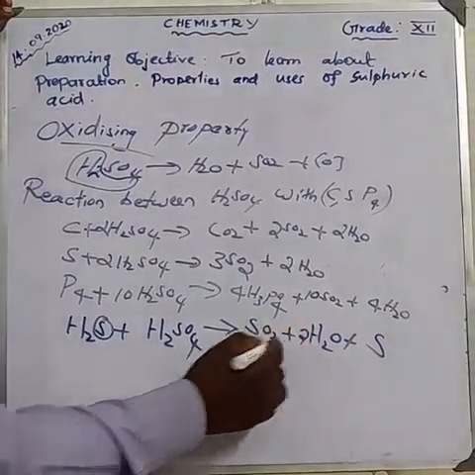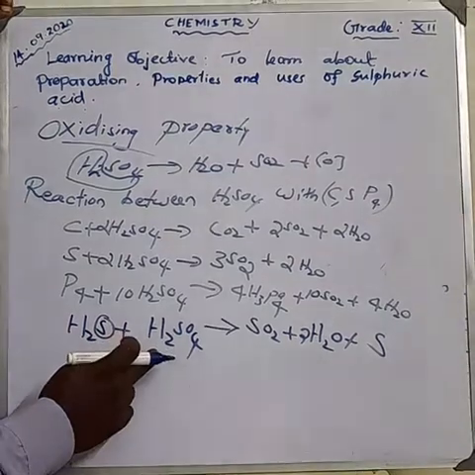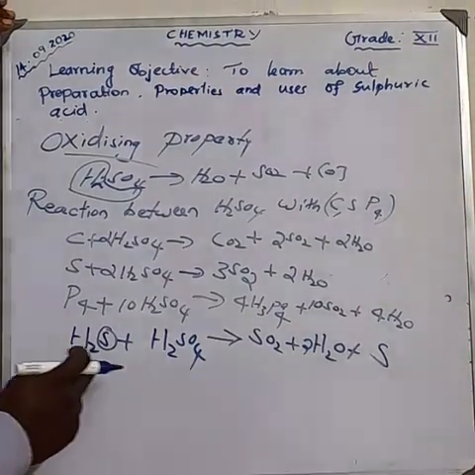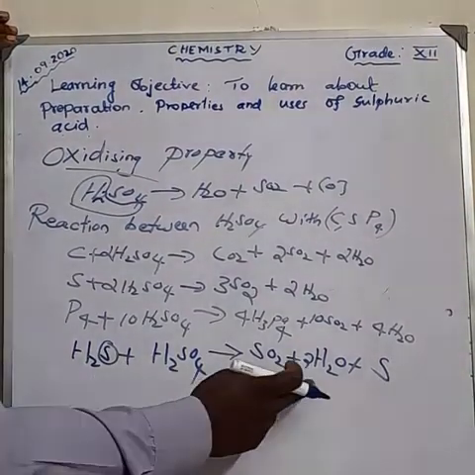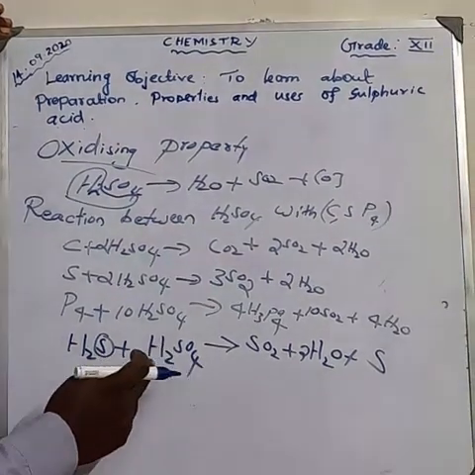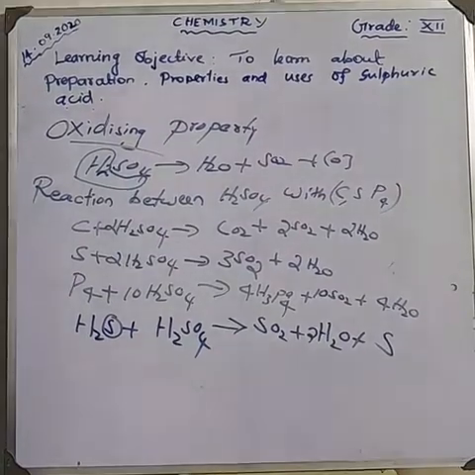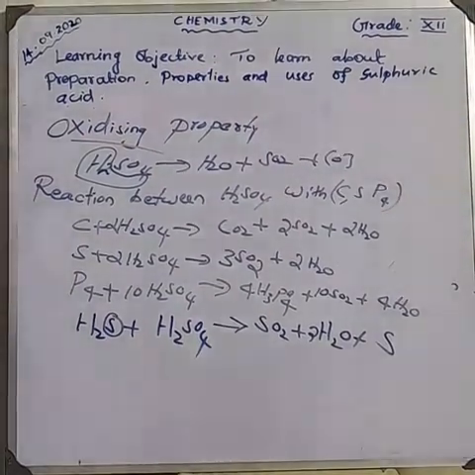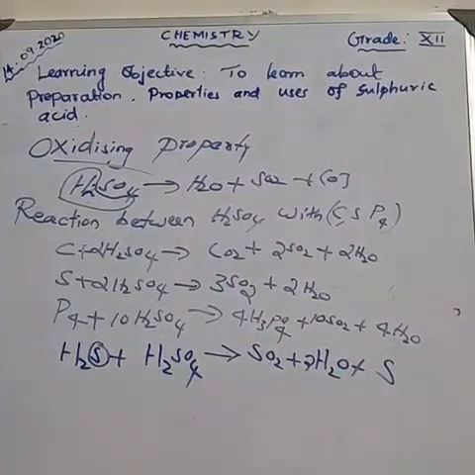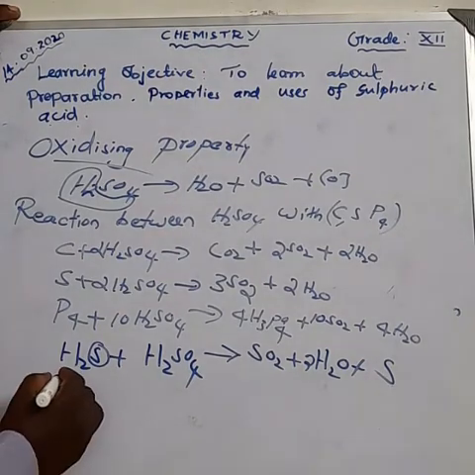Oxygen may be 2 here. Now the equation is balanced. Am I right? 4 hydrogen, sulfur also 1, 2 sulfur, and oxygen is also 4. Now the equation is balanced. Clear? Next, the reaction between sulfuric acid